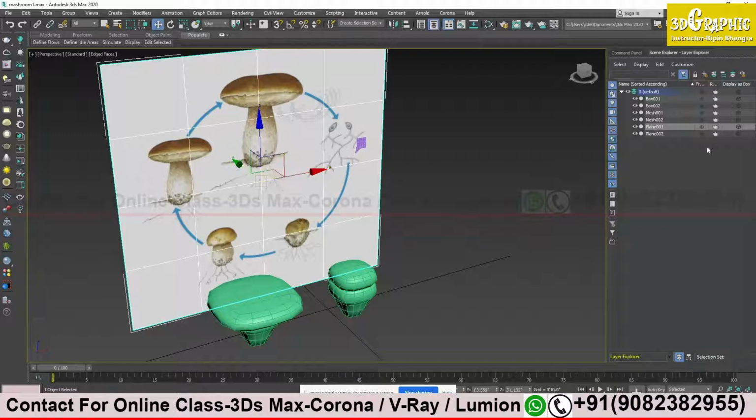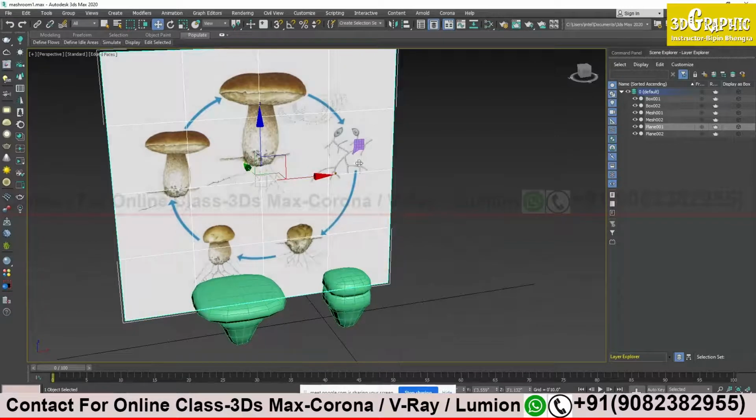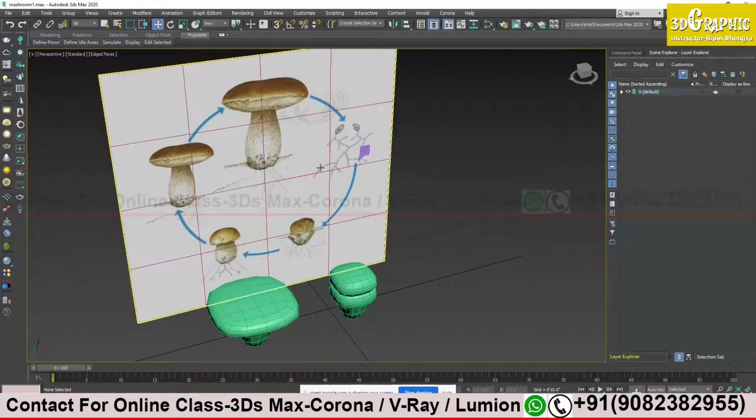For that you have to go to the top portion. Here you will see the plus sign. If you move your cursor, it tells you it's create new layer, and after that there is an option where you can add a layer, or add an object to an existing layer, and so on. When I do that you will understand better. So just let me do it once for you.